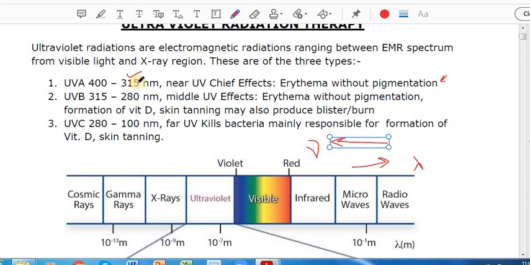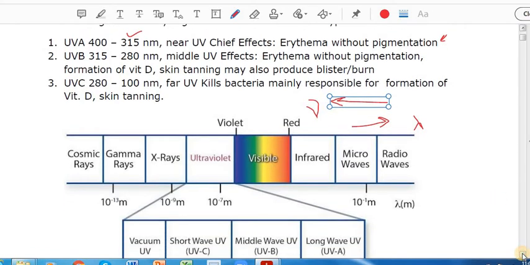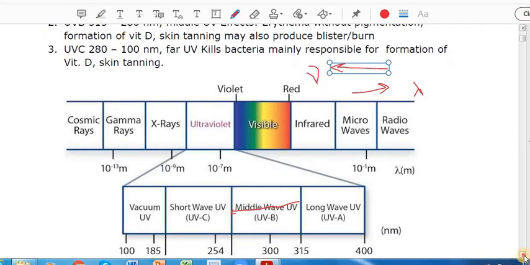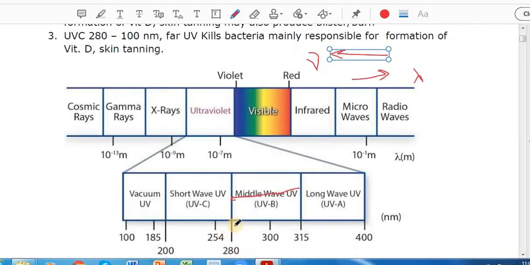400 to 315, then from 315 to even shorter, if we move in this direction, if we are going towards smaller wavelength, meaning towards more energy, going from RHS to LHS, then we find that the middle band is the UVB band, and UVB type is from 315 to 280. So from here we start this band and it goes up till here, and if you are interested in understanding the wavelength, it is from 315 to 280. And if we move further in this LHS direction, you will find that you have ultraviolet C, that is the last one, and it is from 280 to 200.